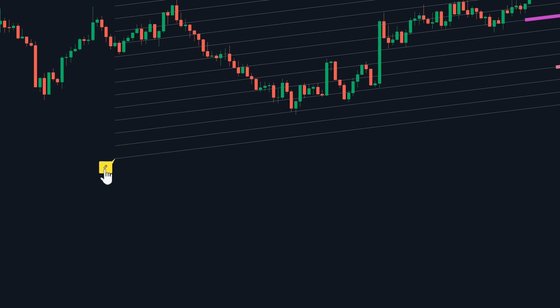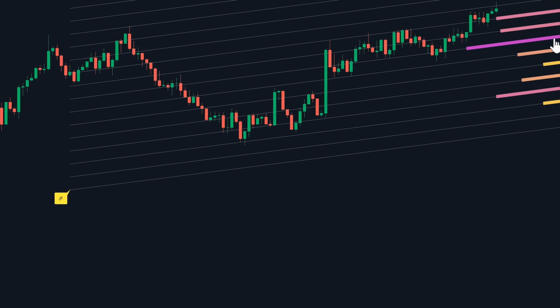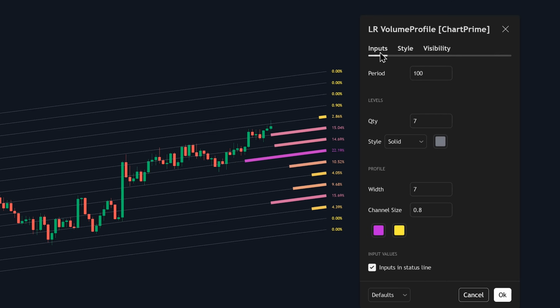Next up, let's dive into the settings, because you can really customize this thing if you open up the Inputs tab. First off, you've got the period setting, which is set to 100 by default. This basically tells the indicator how far back to look when it's calculating that linear regression trend channel. So, a bigger number gives you a smoother, longer-term channel, while a smaller number makes it react quicker to more